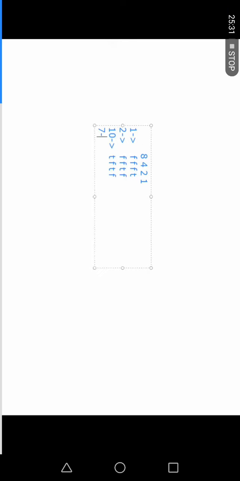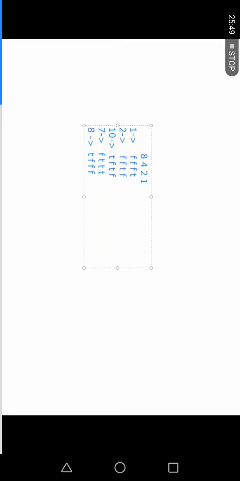And for 7, what is the answer you will get? Except the value 8, you have false, true, you will write it over there. For 8, the answer will be 1000 you will get. So true will be available, and the remaining all will be false, false you will write.